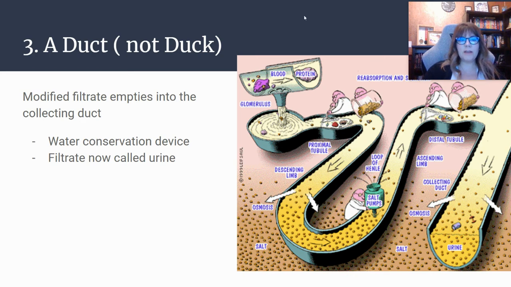The other role is a duct, not a duck, a duct. So think of the eaves troughs on your house, and they collect water and they pass the water down onto the ground. That's a duct, okay? Essentially, the nephron acts as a duct, a holding device that takes the filtrate. So we modify the filtrate. So this picture is